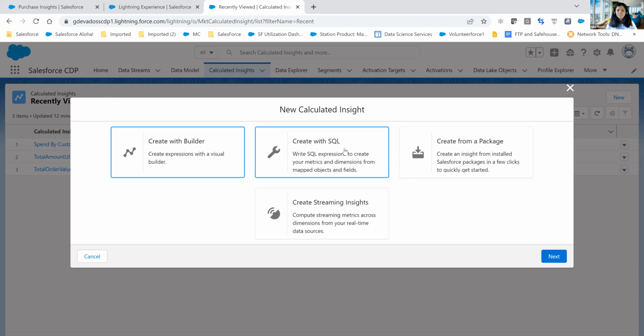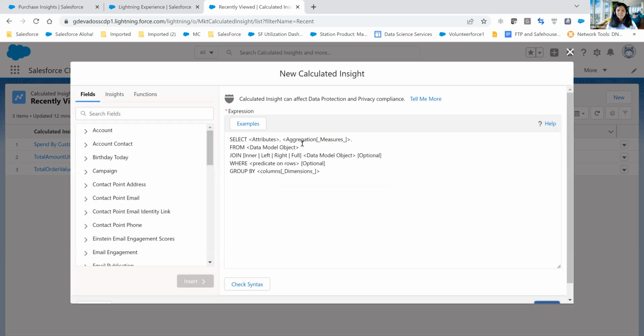But for our demo today, I'm going to walk through create with SQL, because that's the primary use case that we've seen across the board. When we go to create with SQL, this is what the UI looks like. If you're familiar with creating metrics of any sort, a calculated insight requires a metric and a dimension. Let's say I want to know the total number of transactions that happened to a customer within the last 50 days.